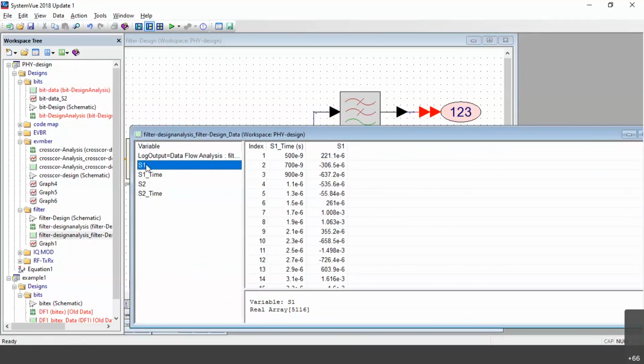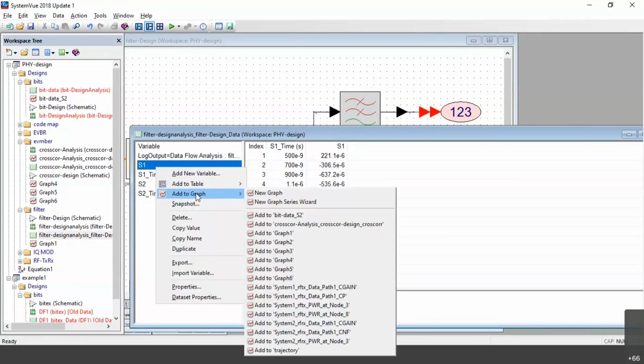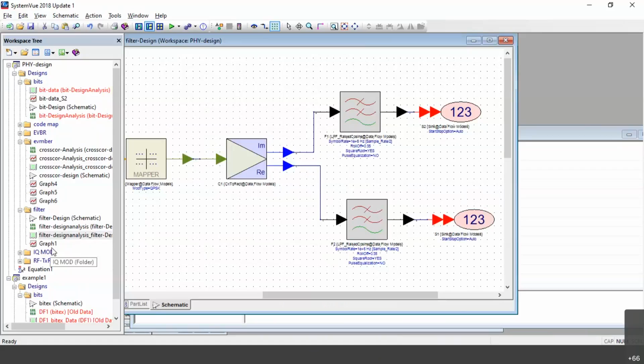Click on S1, get the value of S1. Okay. Then if you want to plot the graph, you can right click on S1, add graph. Okay. New graph. It will display a new graph. Or S2 also you can display. So I will do it here.